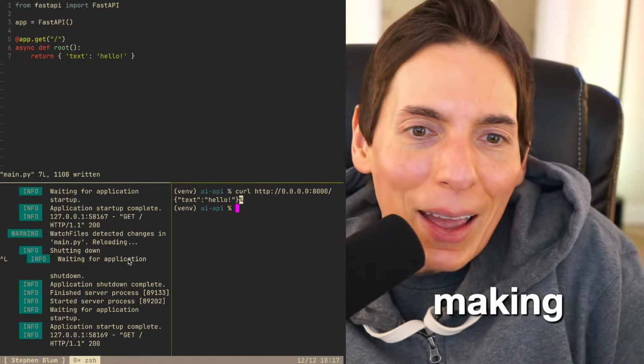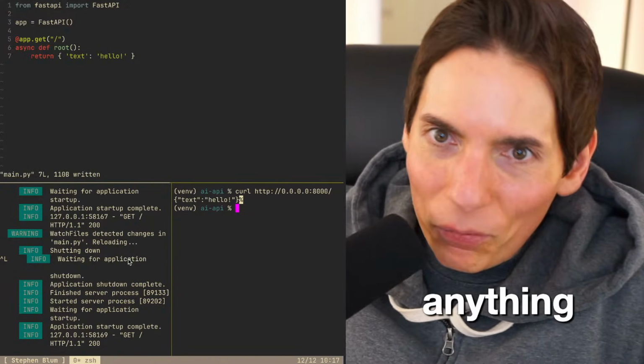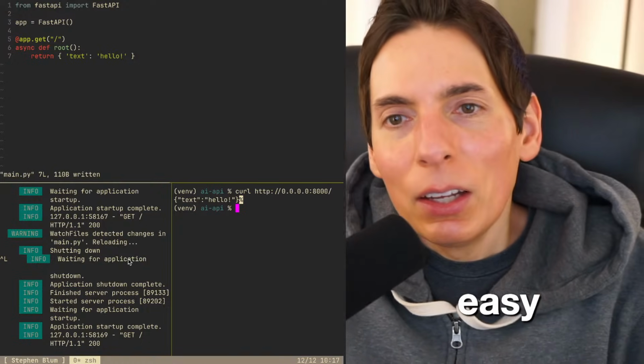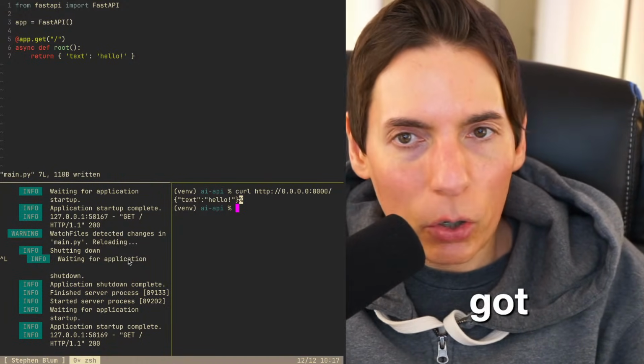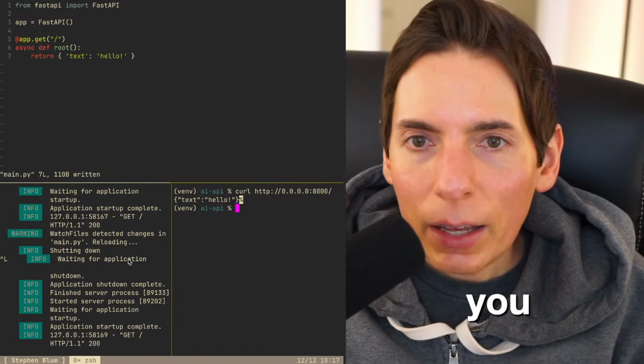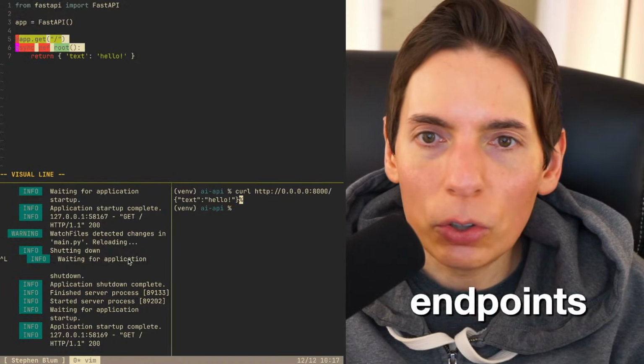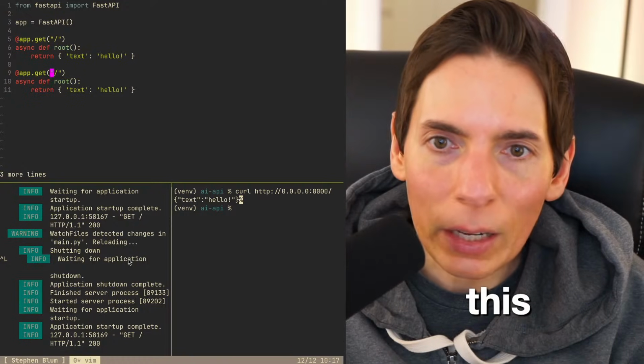Hey, we're making our way. We don't have to do anything. FastAPI makes everything easy. So we got that part going now. So now what if you wanted to add a whole bunch of different endpoints? So you could copy and paste this, and we'll say this is our